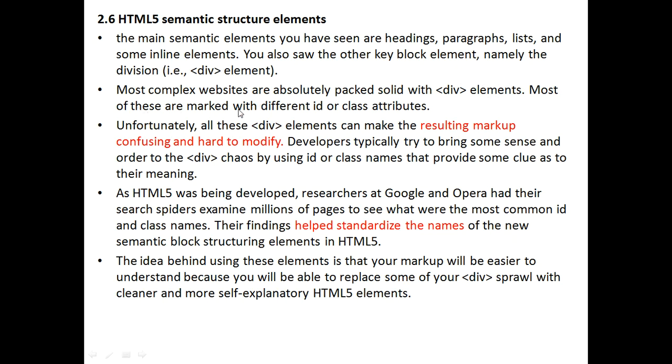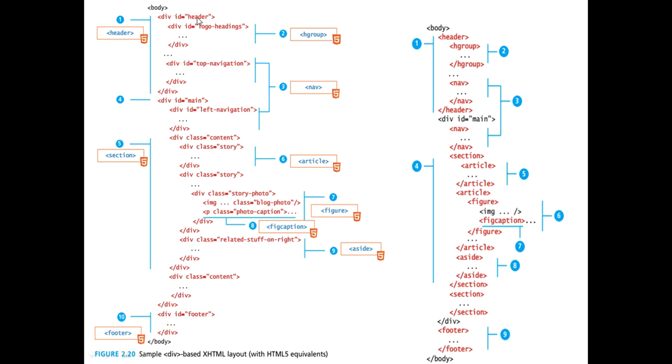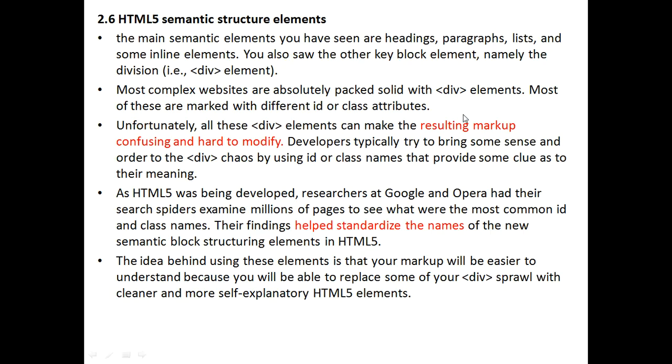Most of these are marked with different ID or class attributes, right? Here you are having an ID, here you are having an ID, here you are having classes. Similarly, you are using the divisions associated with ID and class attributes. So n number of division tags, n number of IDs, n number of classes you are using to develop a single website or web pages. It's very confusing, right?